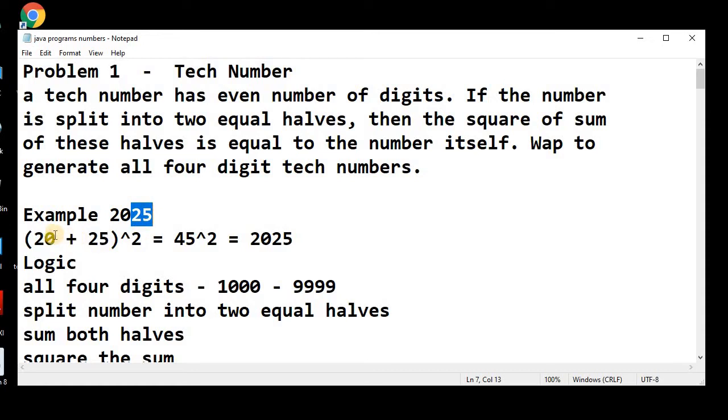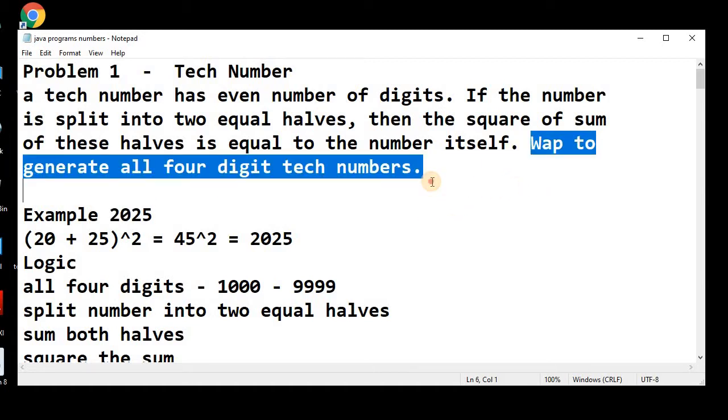On summing up these two halves, 20 plus 25, we have 45, and if we square this number, the result should be equal to the original number, that is 2025. So in this case 2025 is a Tech number. We need to find all Tech numbers of 4 digits.